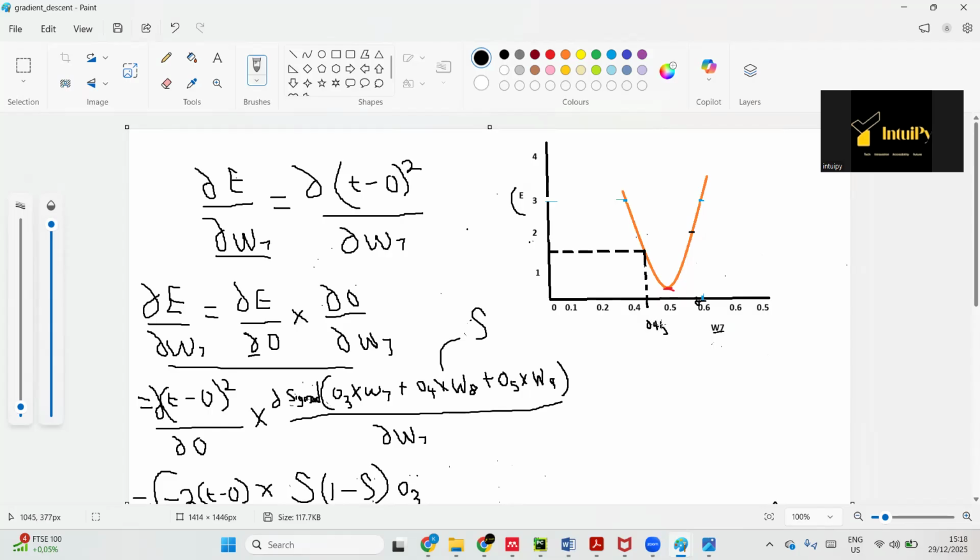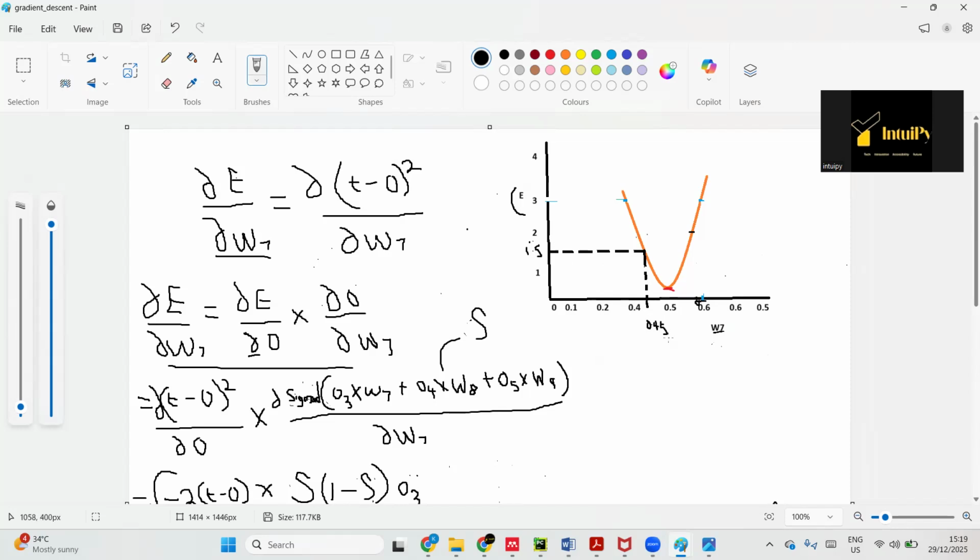If we trace this up, you can see the error sits at 1.5. So the idea is to see how we can nudge W7 such that our error